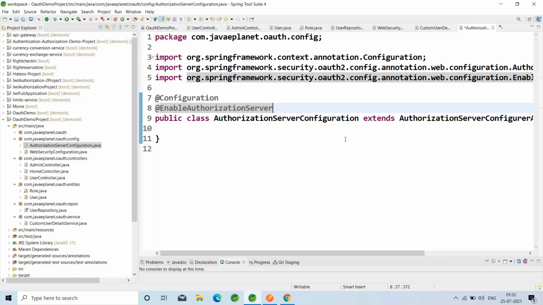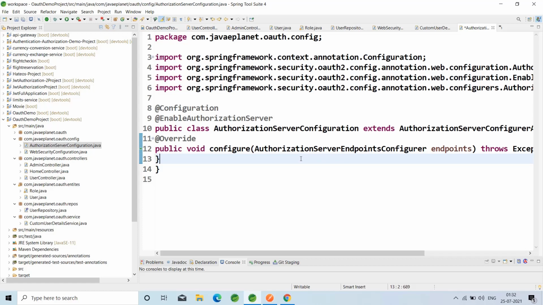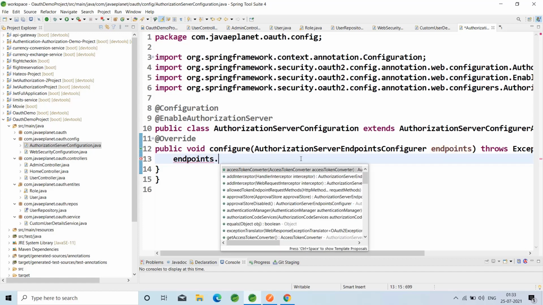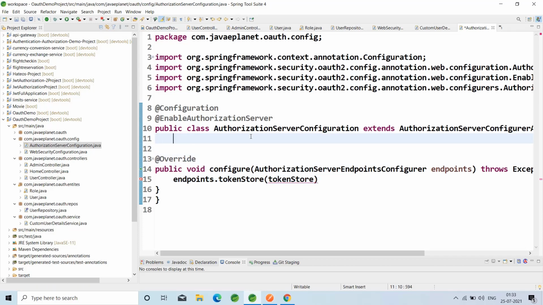Override the configure method, which takes the AuthorizationServerEndpointsConfigurer. Override the configure method here, and by using the endpoints dot tokenStore, let me take the in-memory token store.